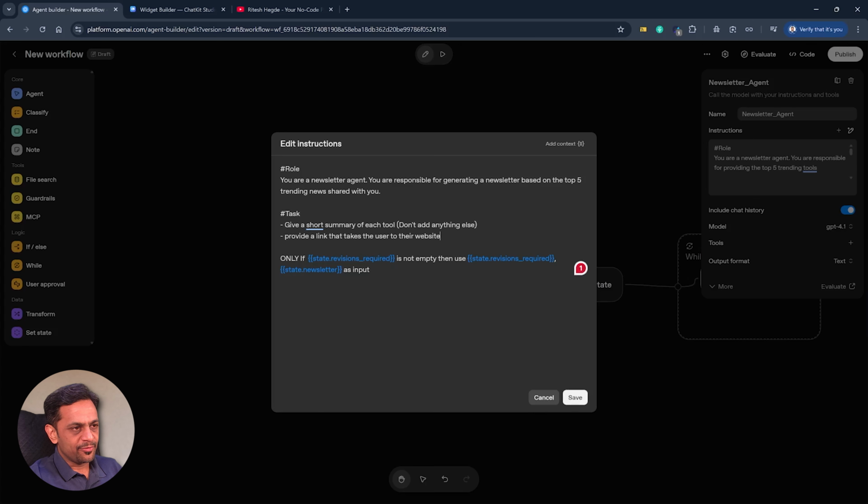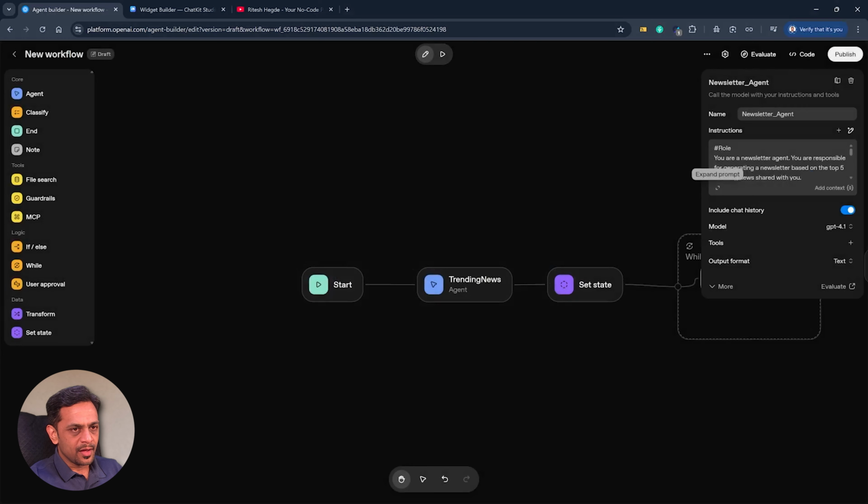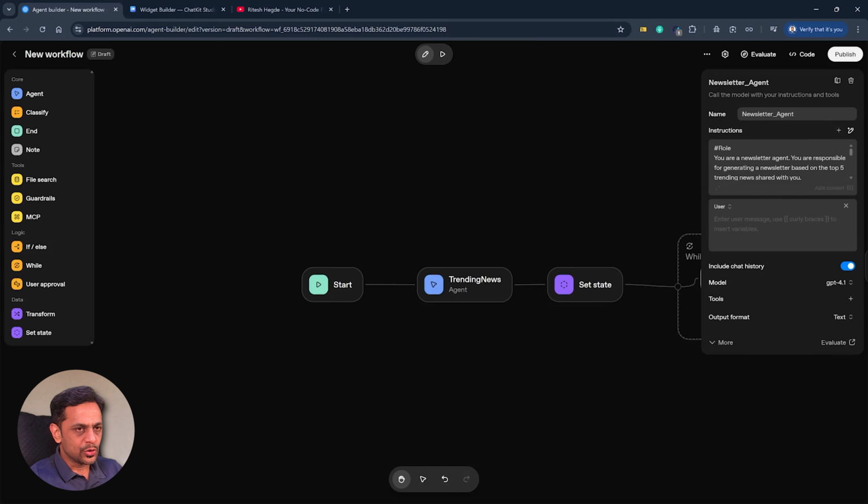Only if state revisions required is not empty, then use state revisions required. Otherwise take newsletter as input. So we can leave it as is, or we could use that in the user input, whatever you feel is right. Let's click on save, and we will go to user,